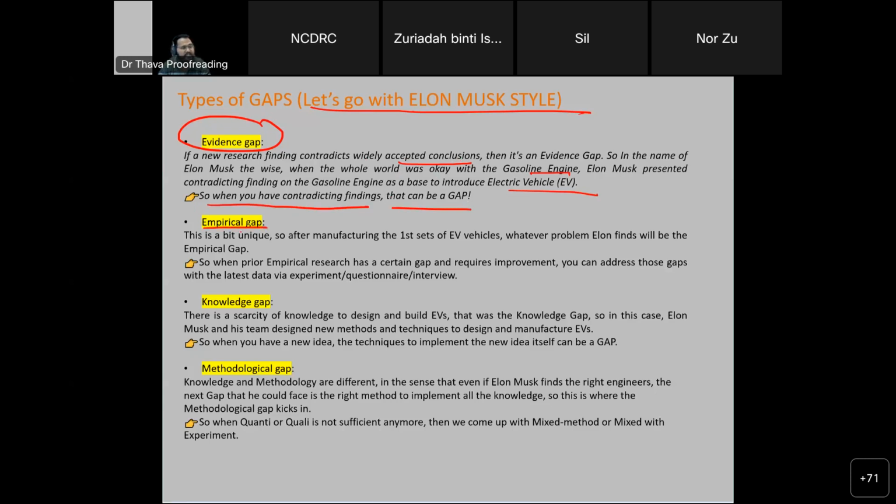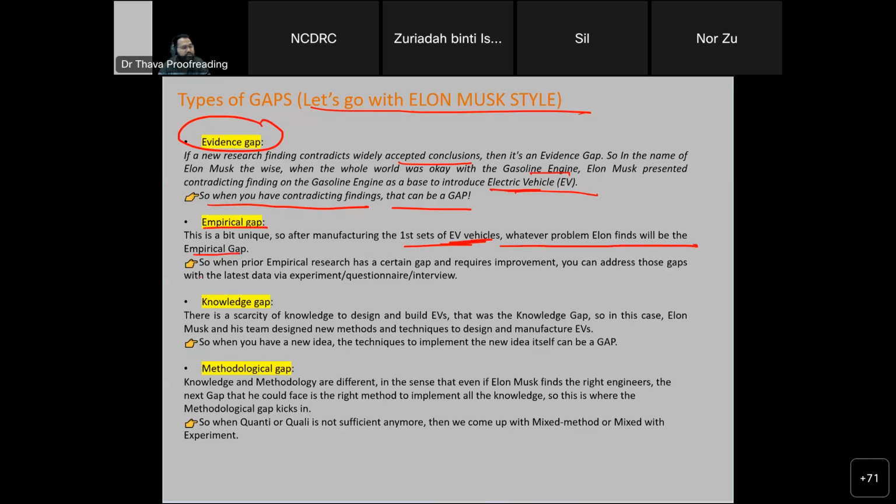Next one, just general empirical gap. This is a bit unique. So after manufacturing the first sets of EV vehicles, what is EV? Electric vehicle. Electric vehicle means no engine, only battery. All right. The first sets of EV vehicles after this guy manufactured, whatever problem Elon finds will be the empirical